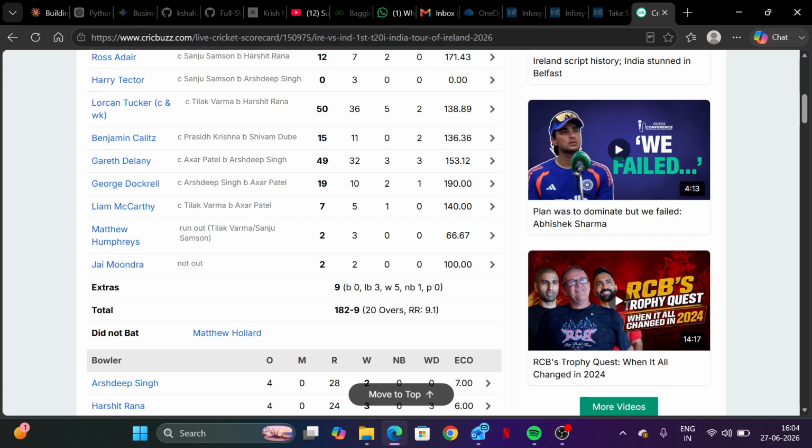This is the most important pattern in the match, and almost no recap frames it this way. India didn't lose to one bad over or one big collapse. They lost because Ireland completely strangled the middle overs for nearly 30 balls. Now, what am I trying to say? In the first 6 overs, where the field restrictions were there, due to the blazing knock of Abhishek Sharma, India did pretty well in the powerplay. But the main turning point of the game was the middle over strangle, where the Irish bowlers didn't bowl loose overs, and they continuously kept up the pressure, and due to that, eventually they got wickets.